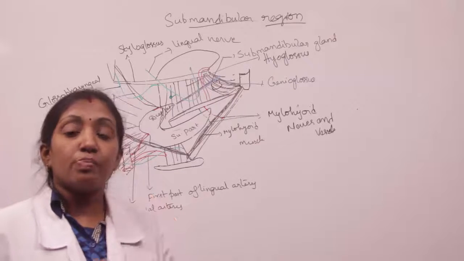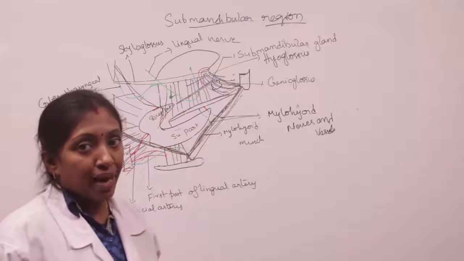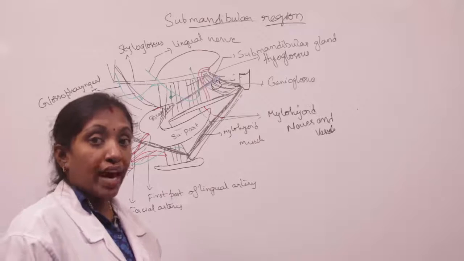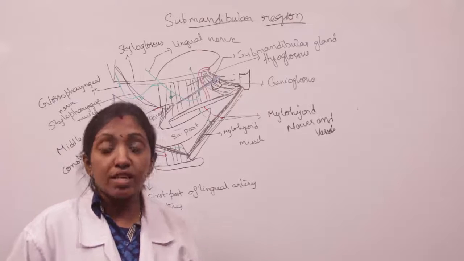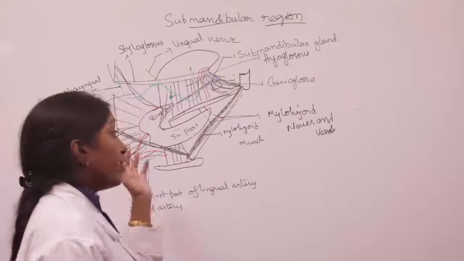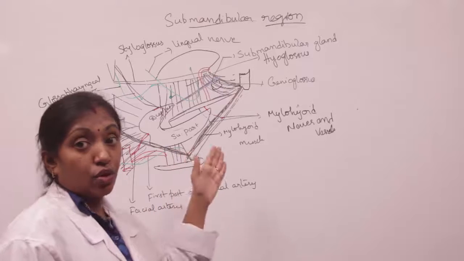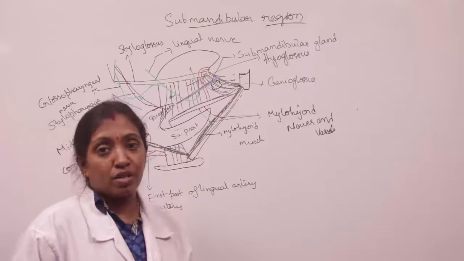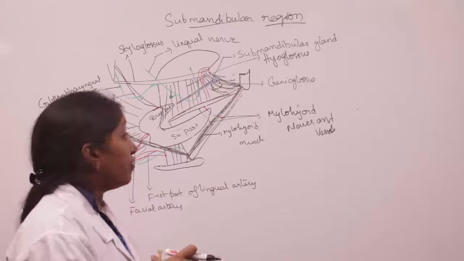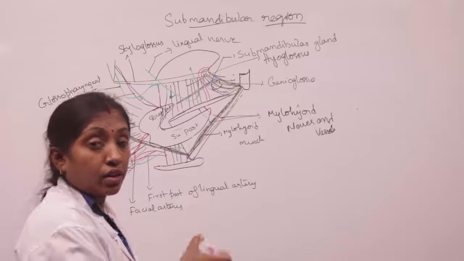So what are the structures present in the submandibular region? The main structures are the submandibular gland and sublingual salivary glands, and also we have suprahyoid muscles. We have discussed suprahyoid muscles at the time of the anterior triangle of the neck. Also we have the extrinsic muscles of the tongue: genioglossus, hyoglossus and styloglossus muscles. These are also present in the submandibular region, and we have discussed them already while studying the